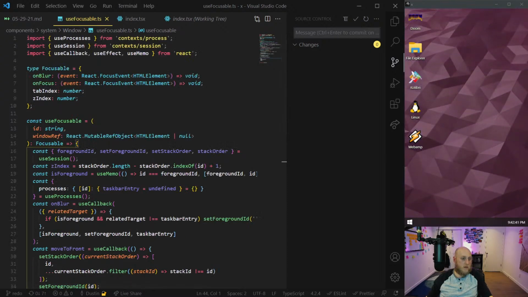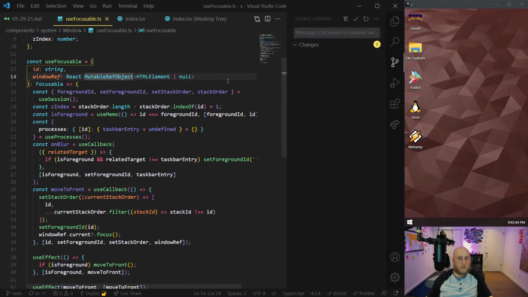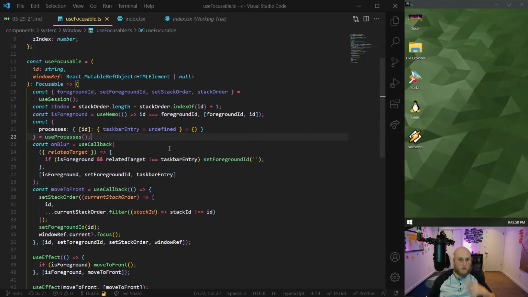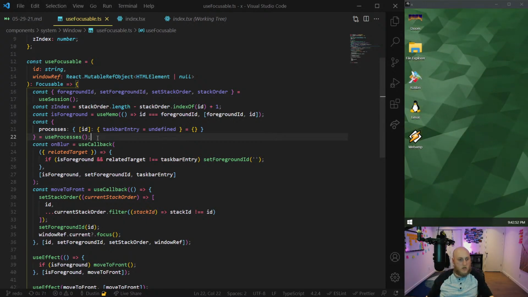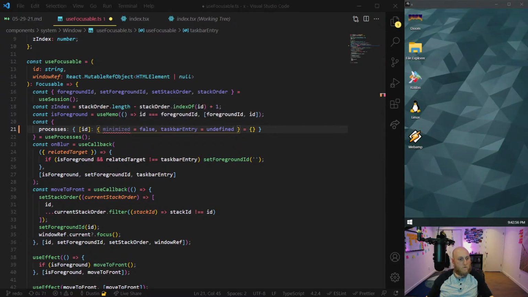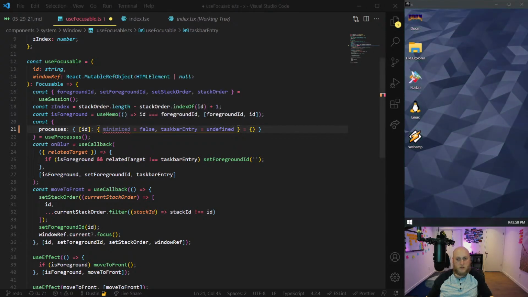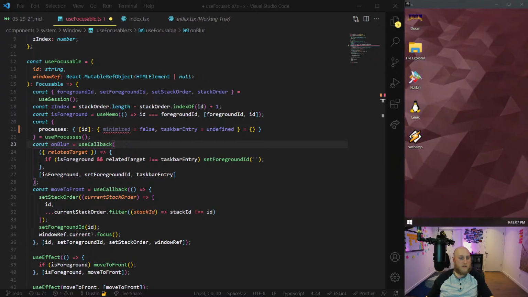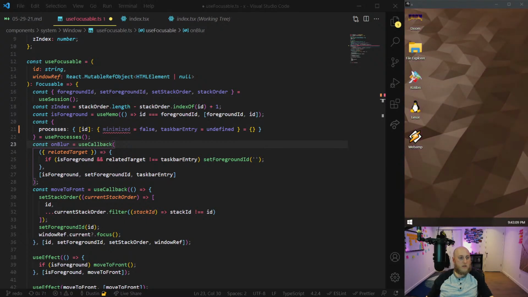And within it, the first thing I did is move the z-index stuff. Why did I do that? So I need to know if it's minimized or not on use focusable. As we do this change, I'm going to understand what I'm doing here. So I want to get minimized in here, and I want to know if it's in the foreground. Don't I already have that? Oh, okay. Interesting. Now I know what this is for. So let us copy the other piece here.